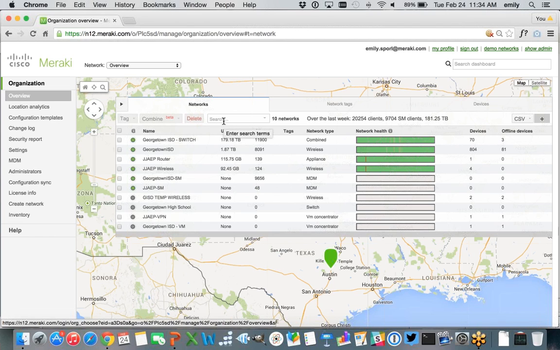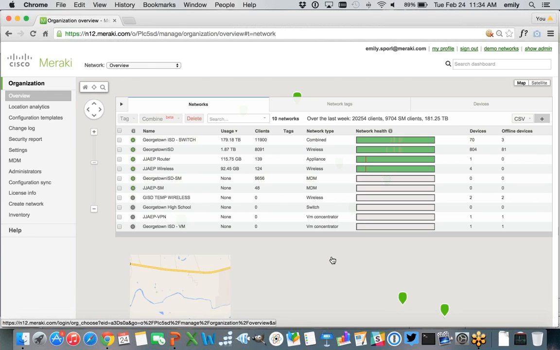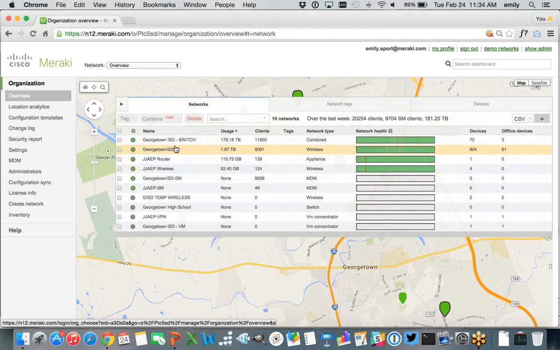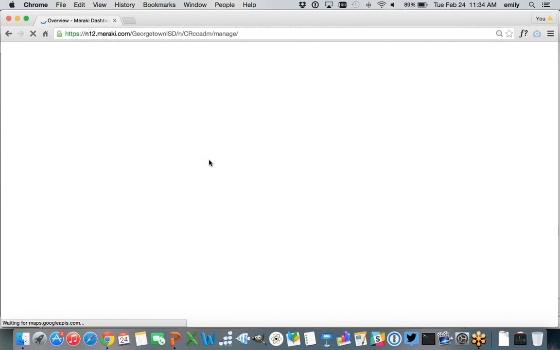And so you can actually go in and search for a network, or just drill down. You could click in to the little icons themselves to get to a network, or you can dive right in to a network this way. So maybe I'll start with wireless, because a lot of folks are interested in wireless.